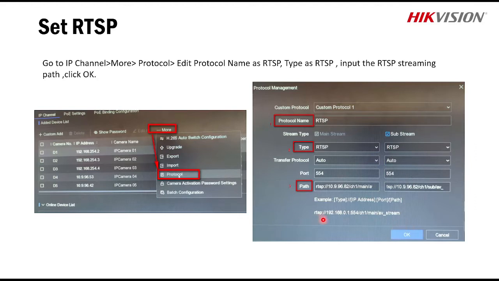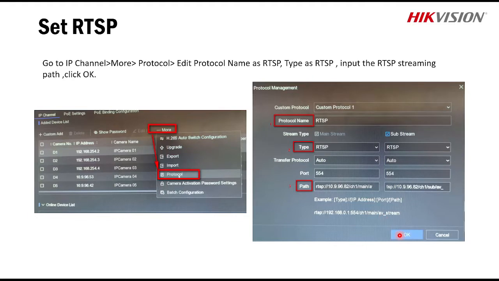You need to type rtsp:// then the IP address, 192.168.0.1, meaning whatever the local IP address of your camera is, you need to enter it over here. And after that again a /, and there you need to enter the 554 port. After that again /channel1, then main /AV_stream. So likewise, for the mainstream, this is the path you need to put there and click on the